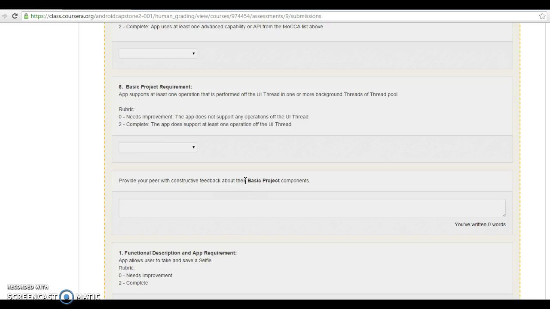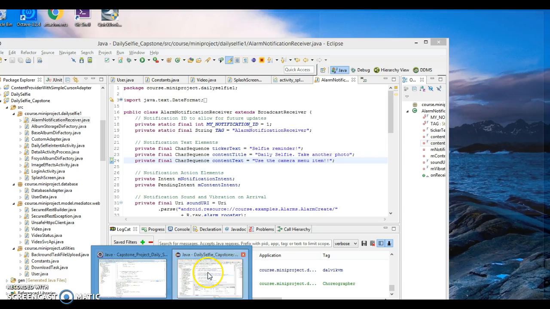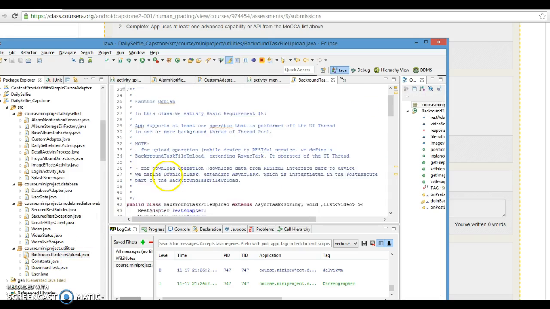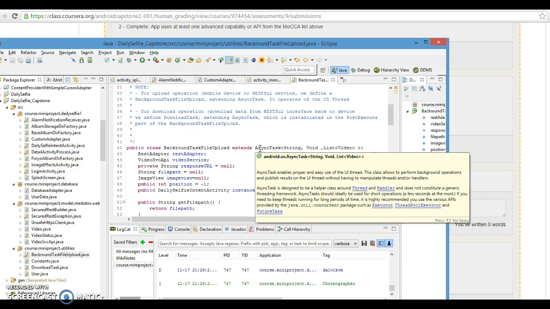The application supports at least one operation which is performed off the user interface thread in one or more background threads in the thread pool. I have selected to use asynchronous tasks, and let me go here. I am using 2 classes. One is basic task file upload. This is for uploading of the picture for processing. As you can see, this is an asynchronous task,